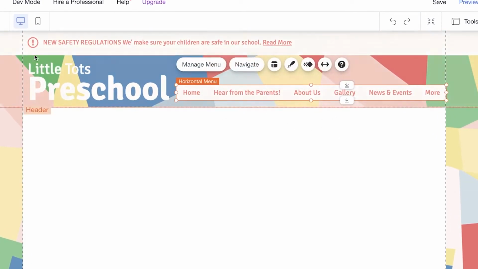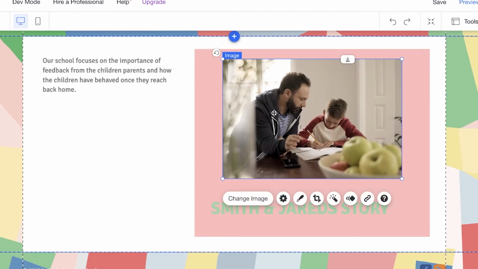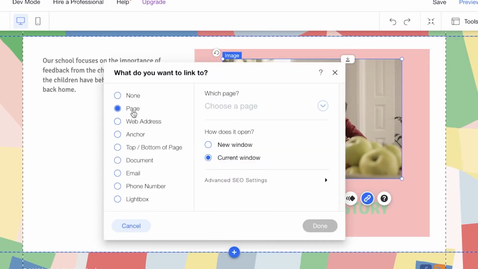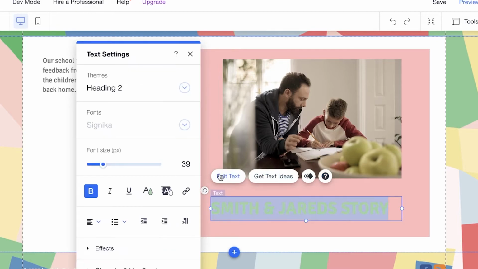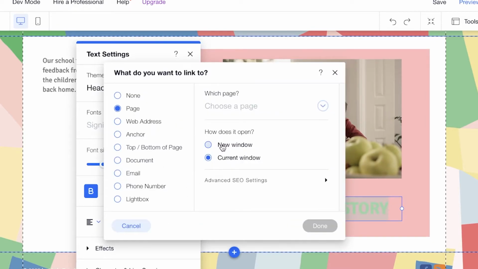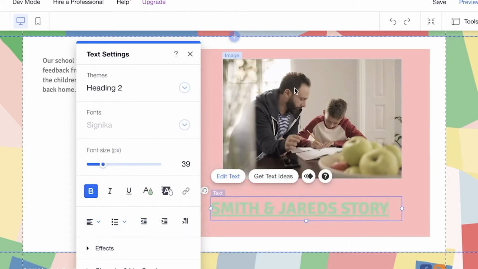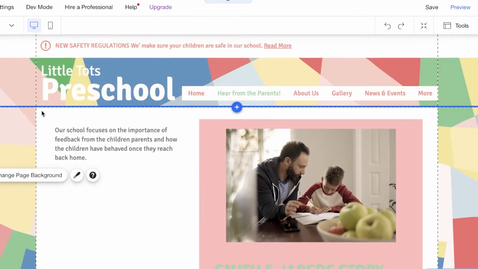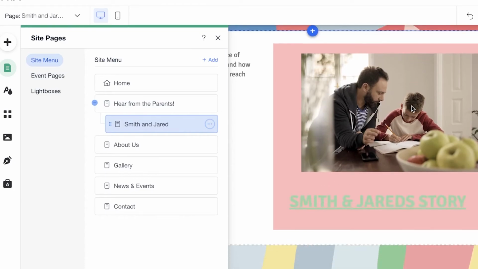Now if I go on to the Hear from the Parents page, what I'm going to do is click on this image, and I'm going to click on link, and this will be linked to the Smith and Jared page. And then this will also be linked. I'm going to click on edit text, and I'm going to click on hyperlink, and I'm going to click on new window and Smith and Jared. So whenever someone clicks on these two, this image and this text, they would be redirected to the Smith and Jared page. And now I'm going to open up the Smith and Jared page,